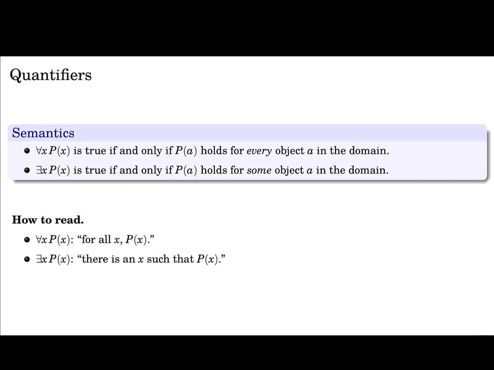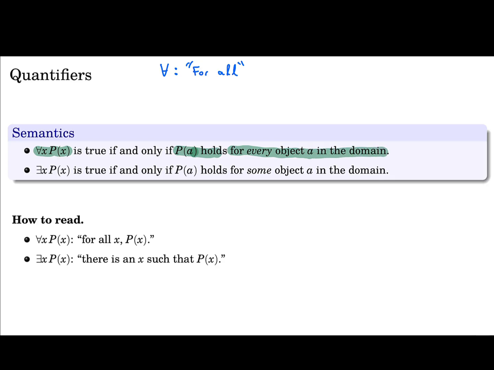Quantifiers tell us whether a predicate is true for all objects or for at least one object in the domain. So this symbol here means "for all." When we say for all x, P of x is true, this will be true if the proposition P of x is true for every object in the domain. That means, the way we wrote it here, P of a is true for every a in the